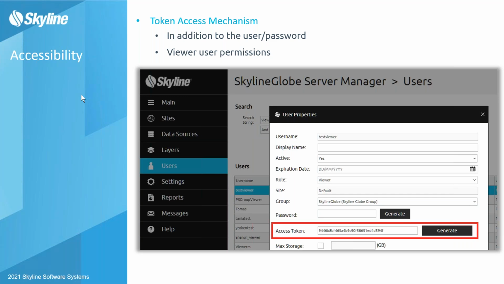And this is why we added an authentication option, an additional authentication option that, instead of or in addition to the username and password, allows you to define an access token, and that will allow viewer access using this token. So this token will be concatenated, or put as part of the access URL, and that will give the user who has a URL with this access token access to all the layers that this viewer user is allowed to